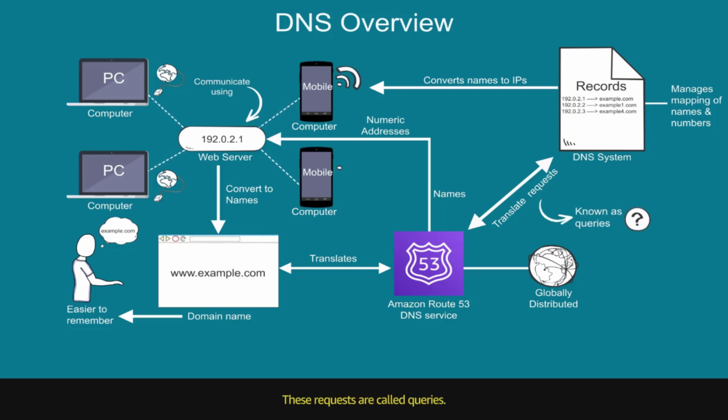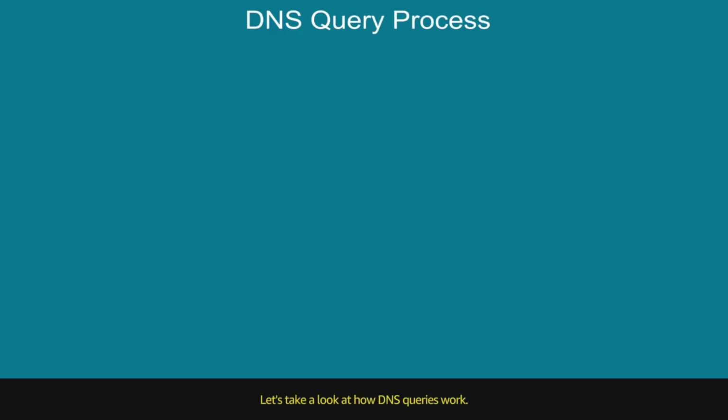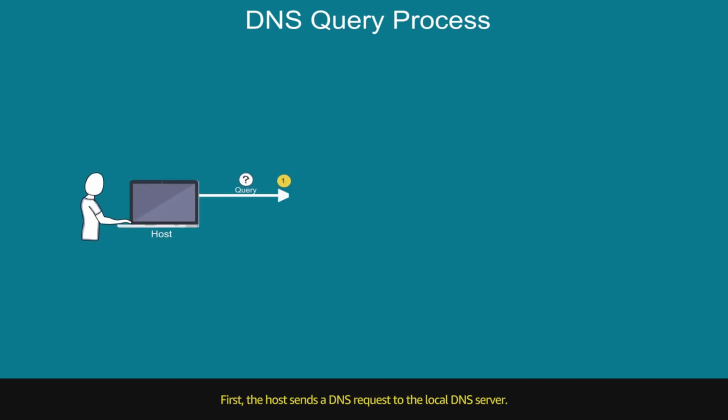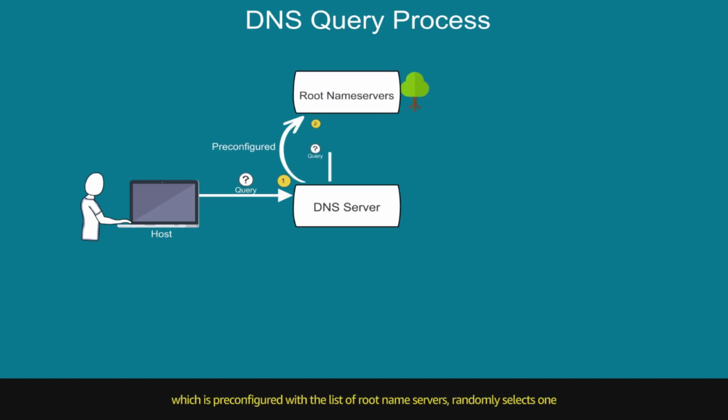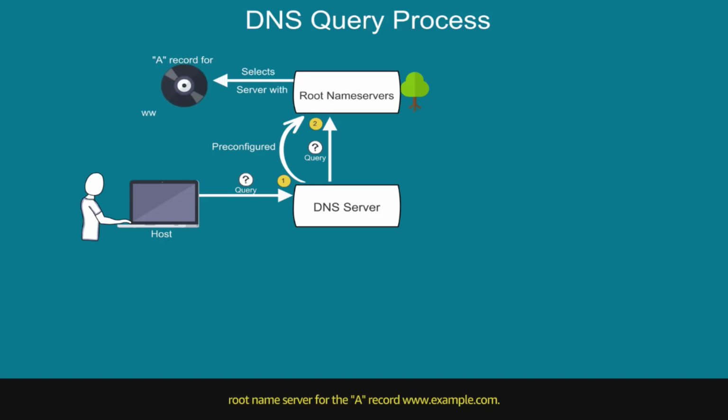These requests are called queries. Let's take a look at how DNS queries work. First, the host sends a DNS request to the local DNS server. Second, the DNS server, which is pre-configured with the list of root name servers, randomly selects one root name server for the A record, www.example.com. An A record maps a domain name, like example.com, to an IP address of the computer that hosts the